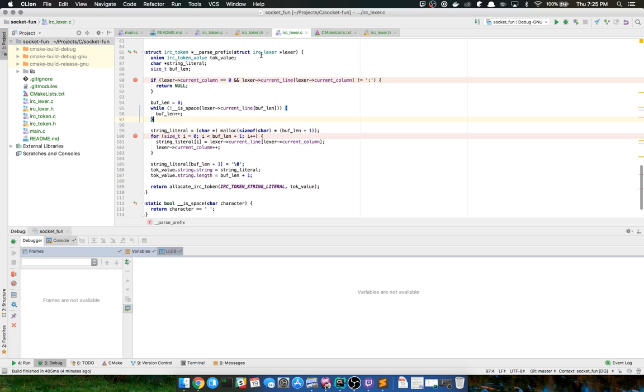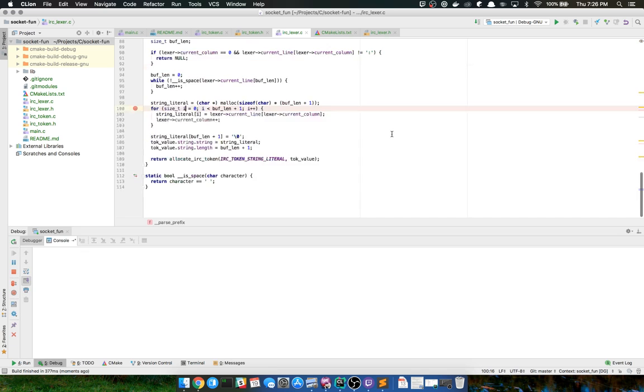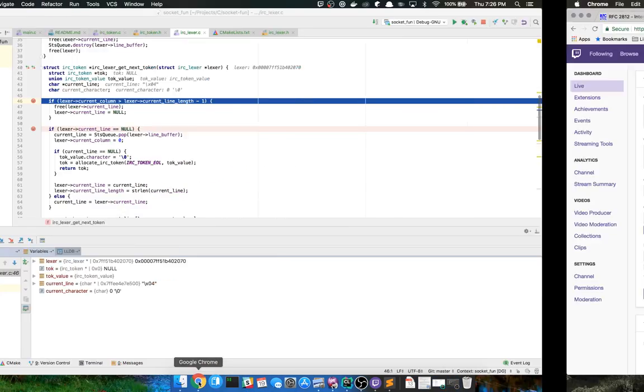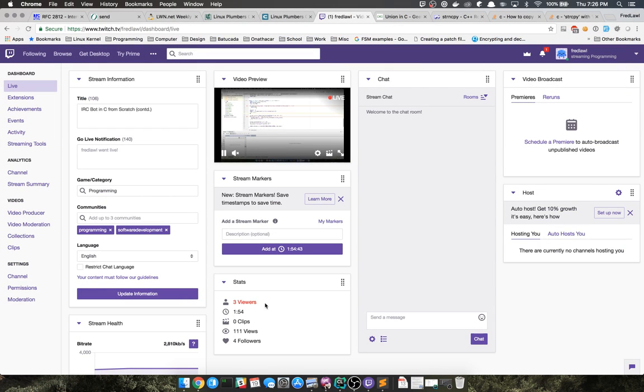Okay. I want to remove this breakpoint now. Current column is going to be 0. On the current line, at the current column, it is going to be that. So I don't know why this would return null. This will be true. This will be not true. So false, skip. Go down here, count the characters until we get to the space. Okay, so let's go ahead and try this now. While we're waiting for that, chat, no.